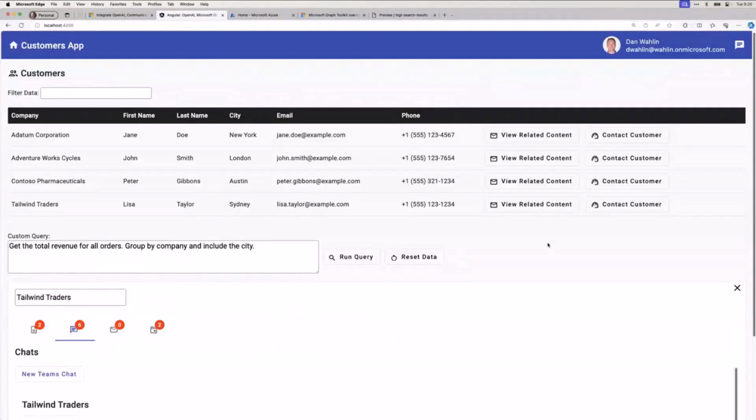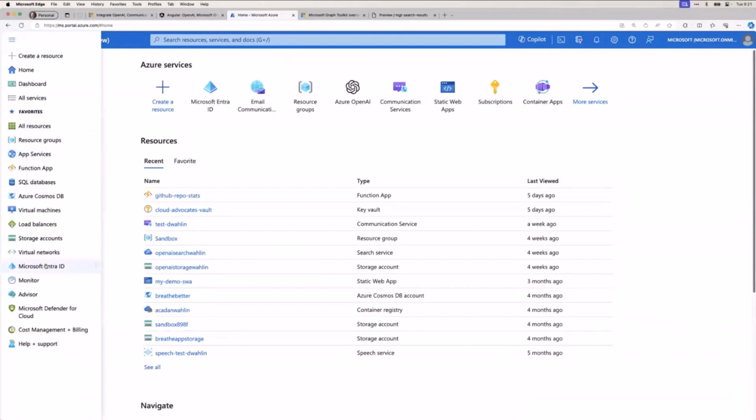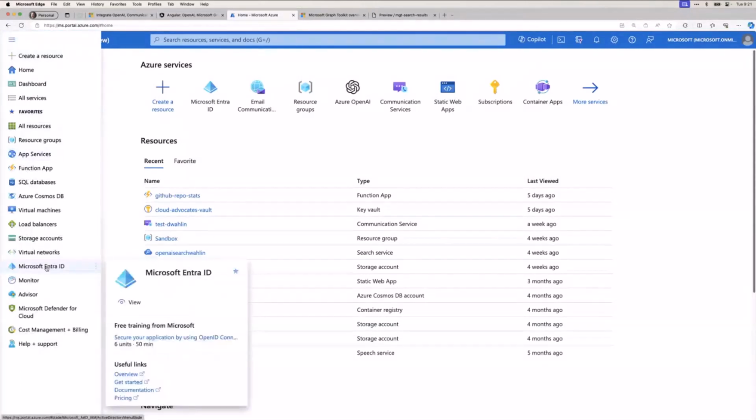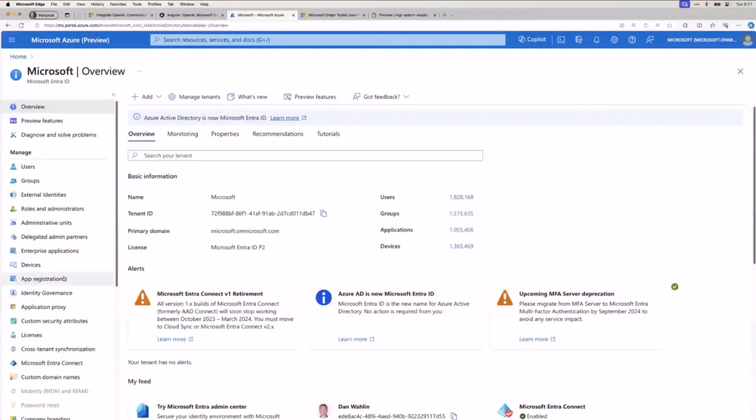Now, before you can even do that, though, this app needs to be part of what we call an app registration, because you'll notice I'm logged in. I have my developer tenant here, which if you are new to this, you can get a free developer tenant and get all your Microsoft 365 environment set up. Highly encourage you to set one of those up. I use it all the time for not only demos, but just trying out things as well. So the first thing we would have to do is come into either the Azure portal or use the Azure CLI and come into the artist formerly known as Azure Active Directory, or Microsoft Entra ID now. And we'd have to set up what's called an app registration. You'll see that on the left.